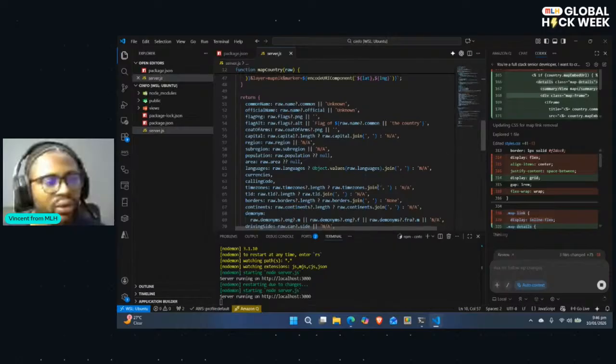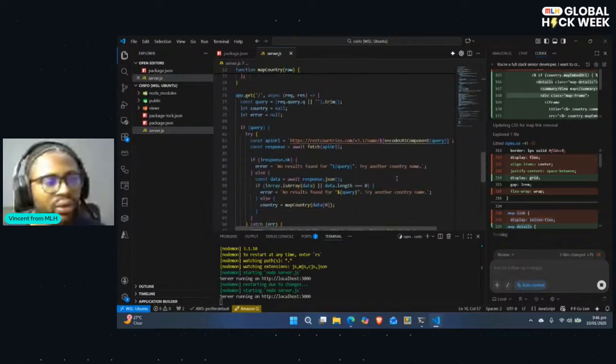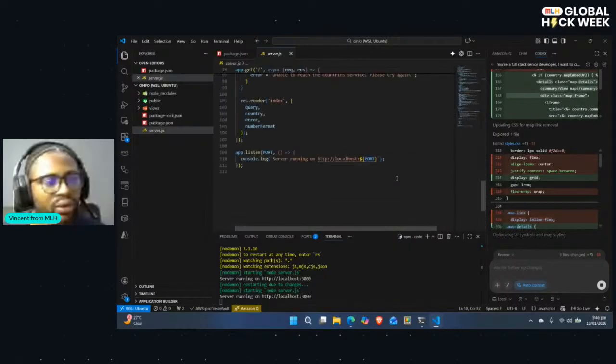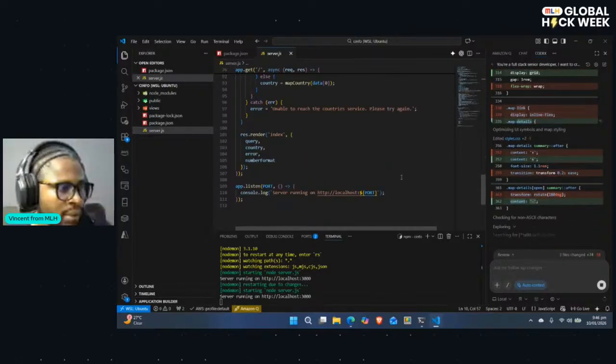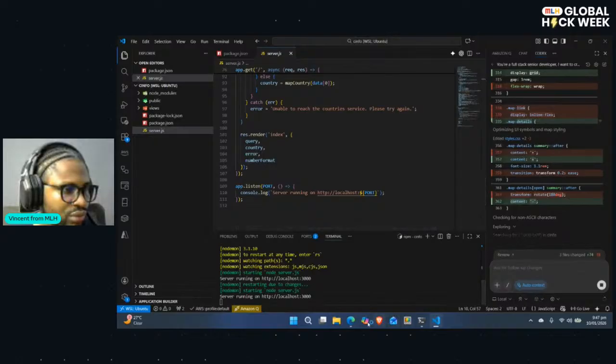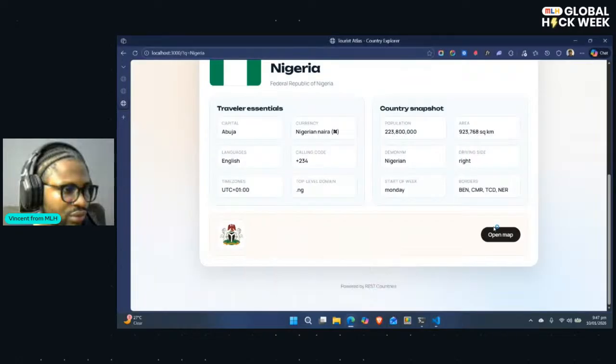Anyway, let's see what it does right now. So I asked it to open the map. Literally, if I click on the map right here, I don't want it to open in a new tab. I want to be able to view the map right here.